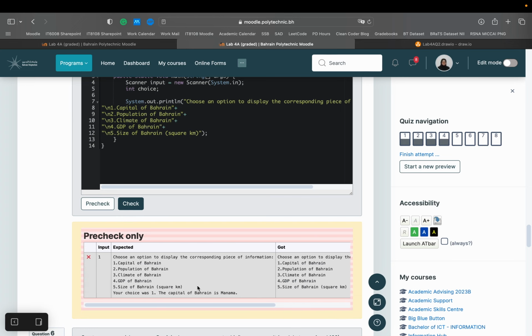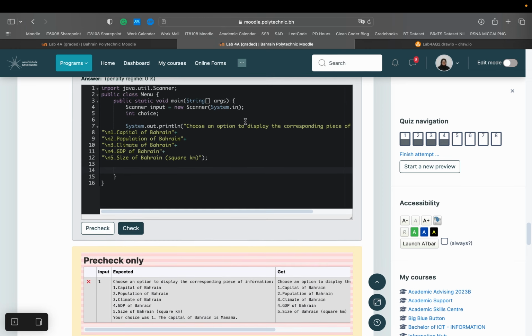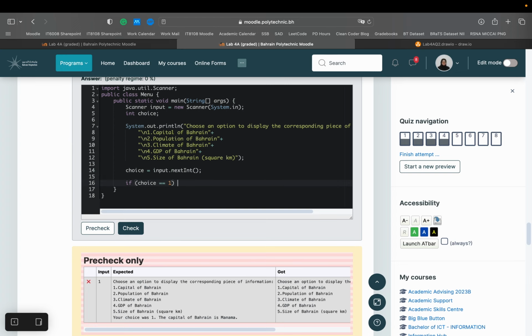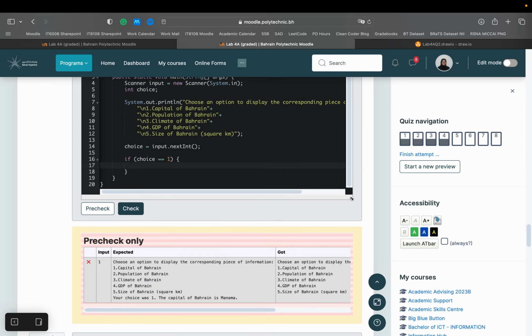Piece of information, yeah, I think it's printed the same way. So okay, now we have to ask for the input, which will be all of this. I can move it here and then continue on the next line. So here choice is equal to input dot next int, and then if choice is equal to 1, then you're